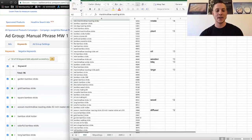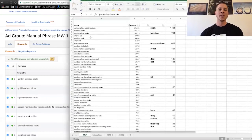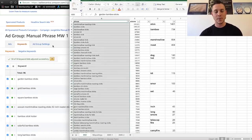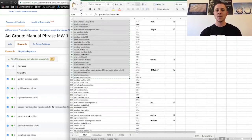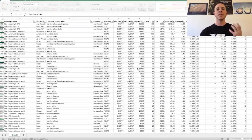I would take my 99 highest volume keywords, and I would run a broad match campaign, and I would run a phrase match campaign for those exact same keywords, and I would let those kick off, right? Me personally, I don't ever run exact match campaigns until I have proven data, right? And we are going to talk about this more next time when we optimize, but this is the search